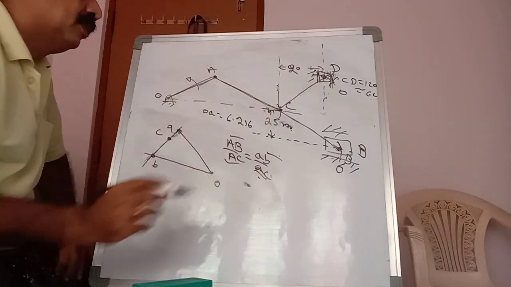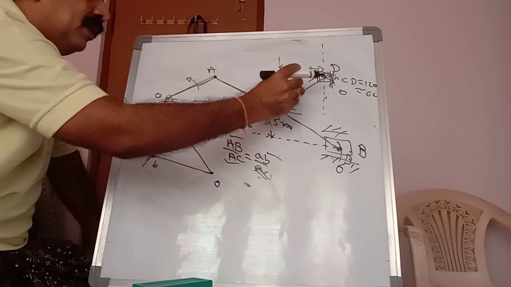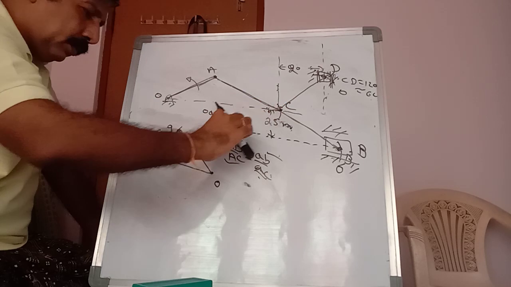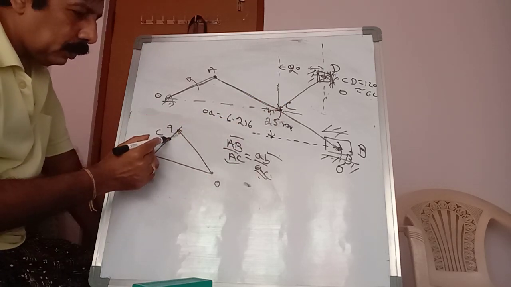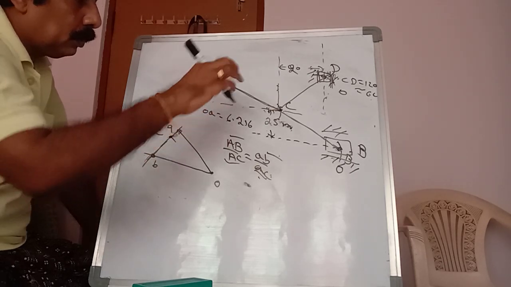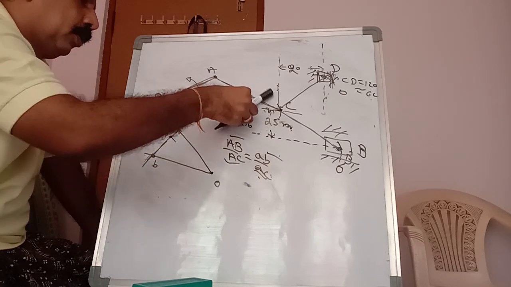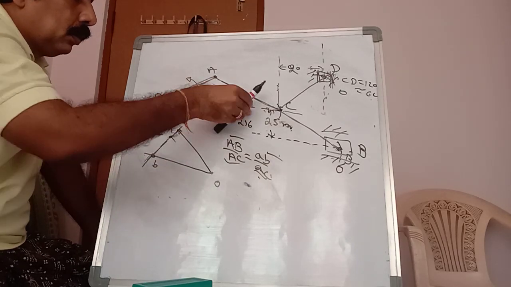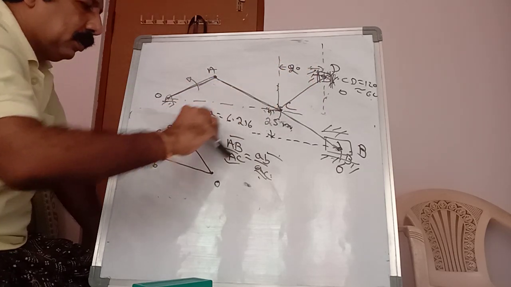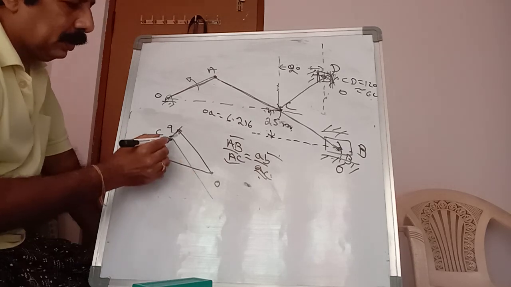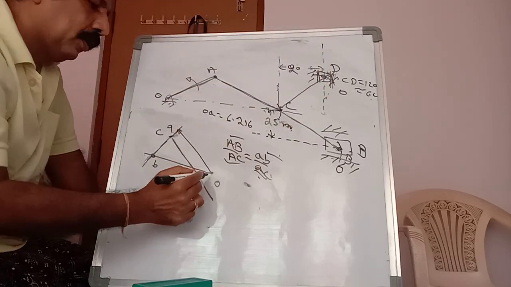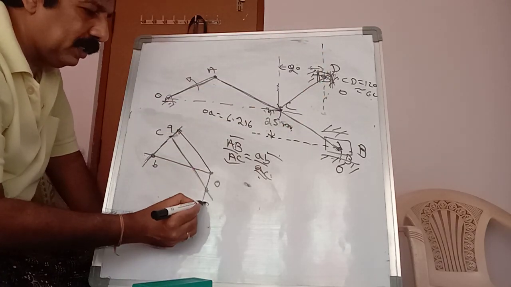Now we have to find out D. First we look at the CD line. So this is the capital CD. We have to draw a line perpendicular to capital CD through C. So perpendicular to this line. This is the CD line, and this is C. So we are drawing a line which is perpendicular to the CD line. Then what is OD? D is a slider, vertical. From O draw a line, and we will get the point D.